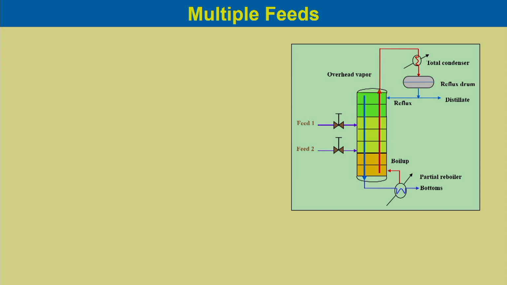So, you can see over here in the distillation operation we have feed 1 and feed 2. So, two different feeds are given to the distillation column and we have a single reflux at the column, and then as per the other design we have boil up at the bottom which has a reboiler.